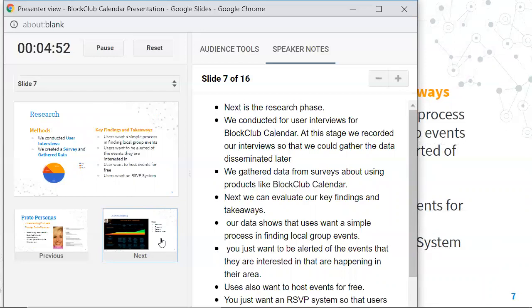Next is the research phase. We conducted 4 user interviews for BlockClub Calendar. At this stage, we recorded our interviews so that we could gather the data and disseminate it later. We gathered data from surveys about using products like BlockClub Calendar. Next, we can evaluate our key findings and